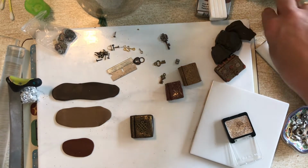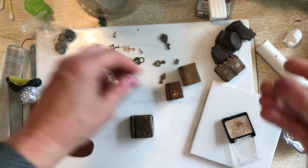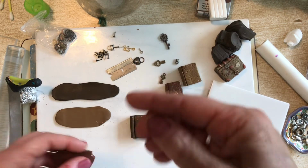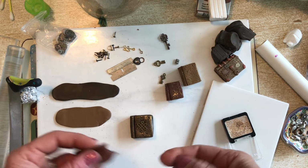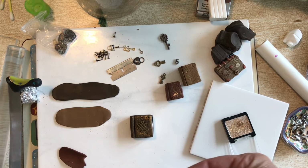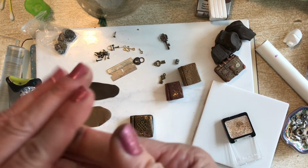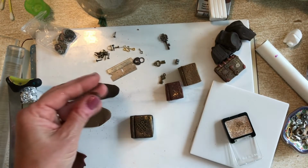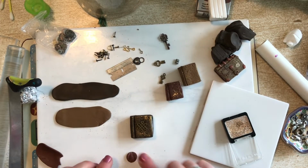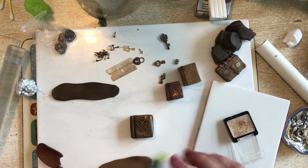So I might take a little bit of my white and a little bit of my brown, and I might make a new color. You can actually mix colors. You know what, they do sell gold clay. I don't think I have any up here, but I was just thinking about making sort of a new color, just slightly lighter. And what I think I'll do, maybe I'll use this color,